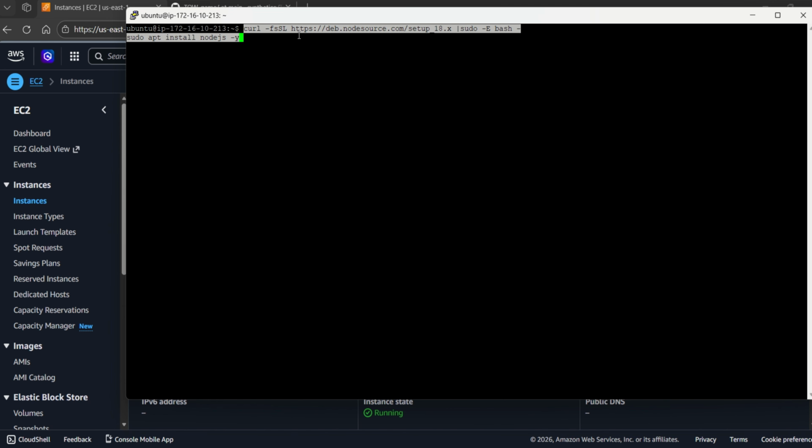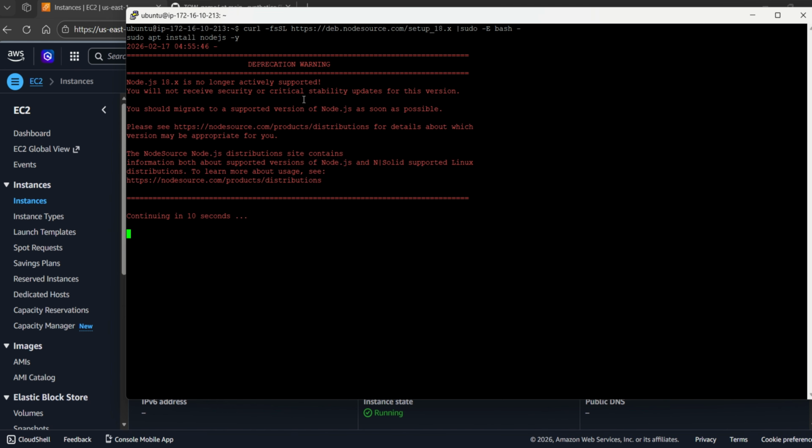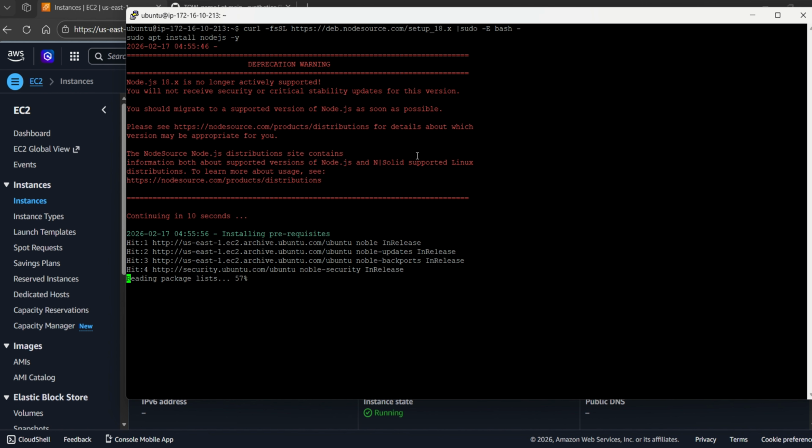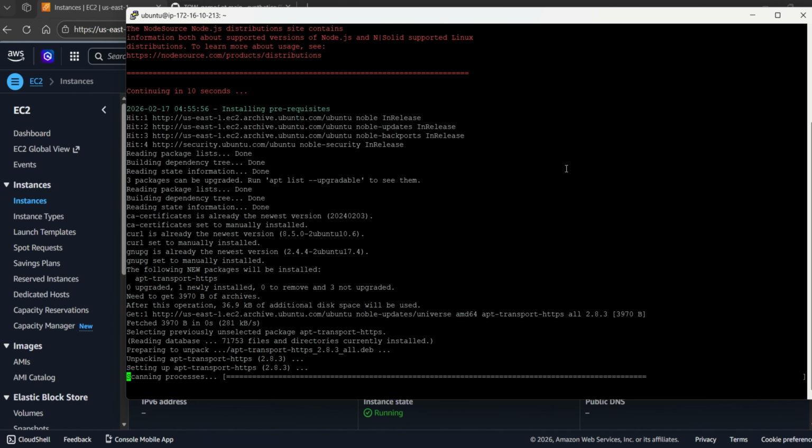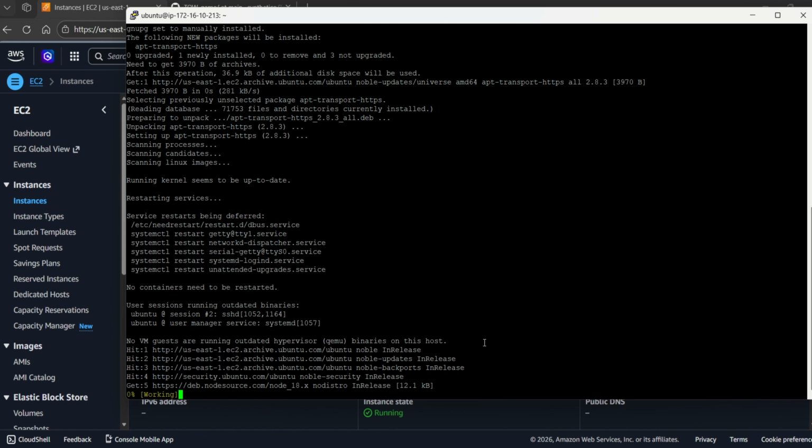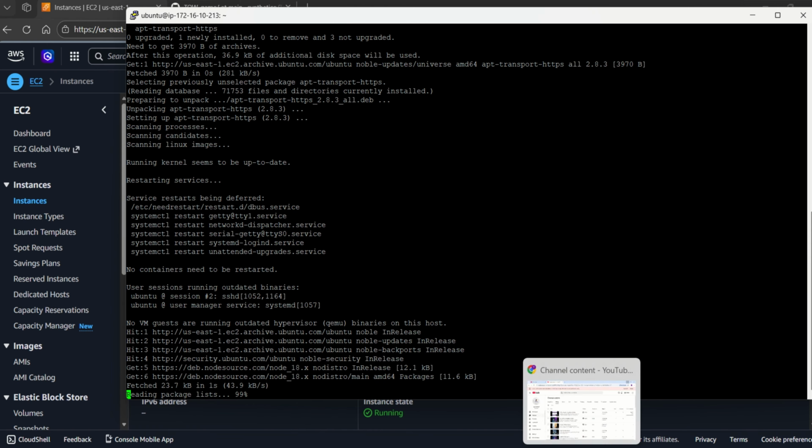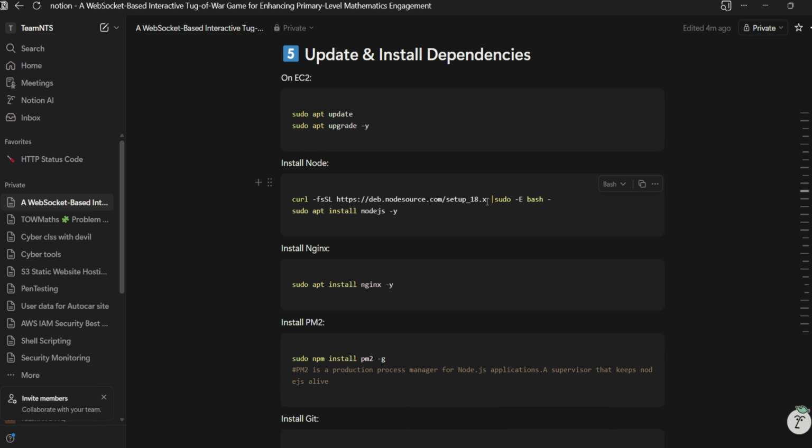So I'll simply copy and paste, and okay, there's a deprecated warning saying Node.js 18.x is no longer actively supported. But if you want to use it, it's going to proceed. So this basically means the setup is proceeding. While it's installing, let me just go back. You have to change this for yours. When I was doing this, I had to use Node